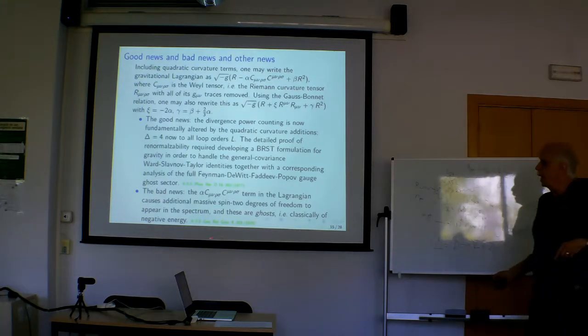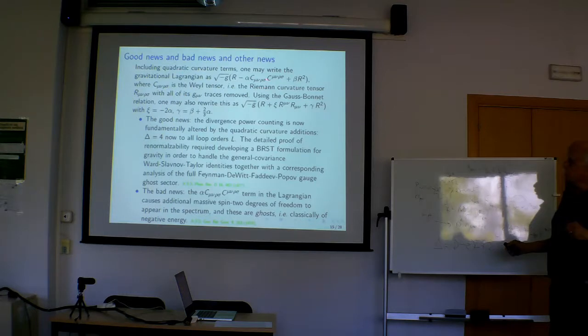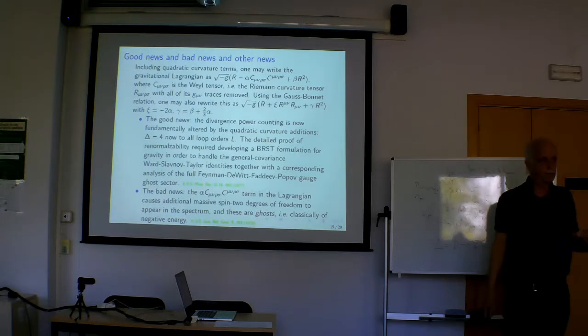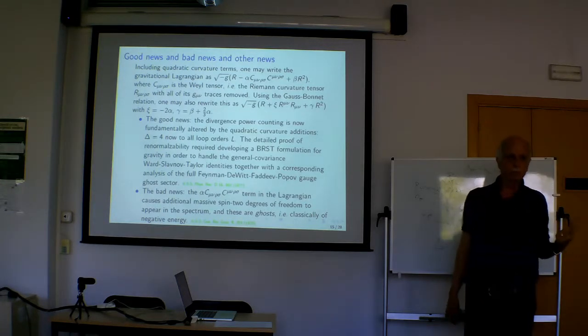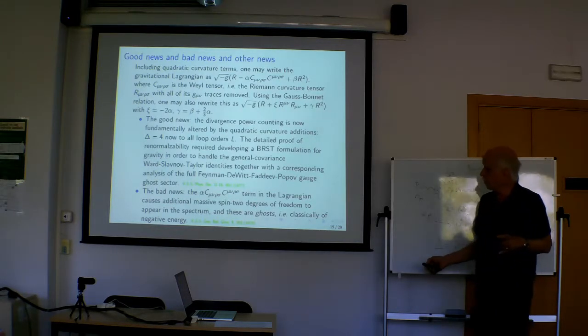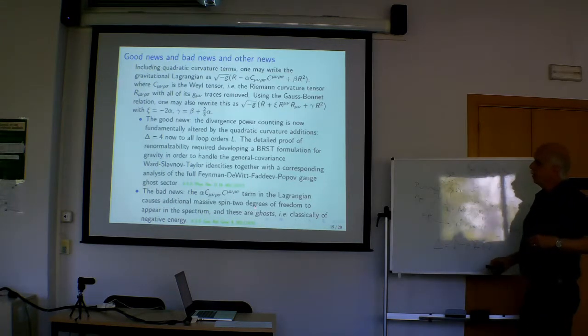Okay, that's the good news. The bad news is, having included this term, it contributes additional degrees of freedom that you're not familiar with to the gravitational theory. You have ordinary gravity interactions. All of general relativity, free field general relativity is still there. But being a higher derivative theory, because you have curvature squared terms, it's fourth order derivatives, you have additional degrees